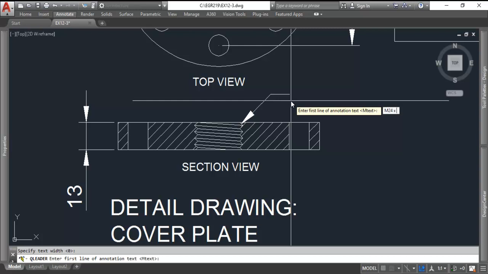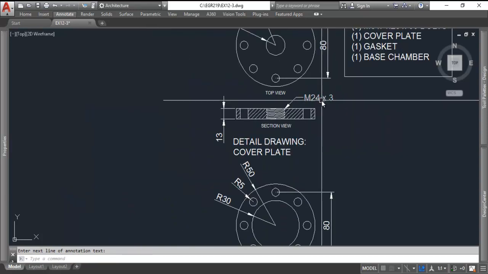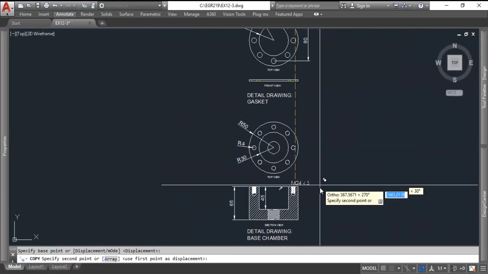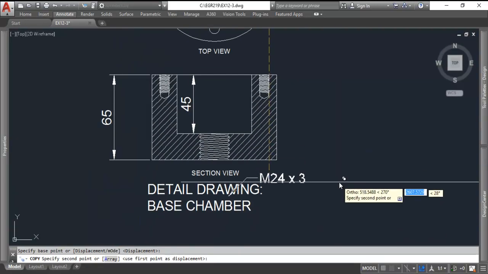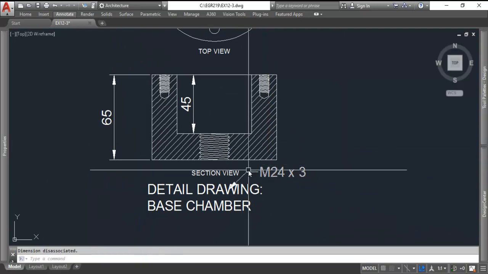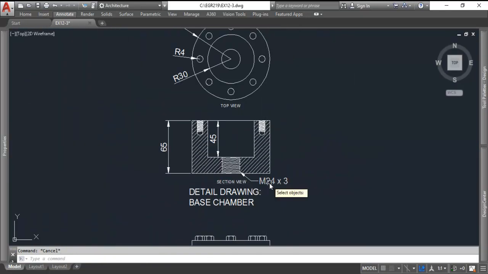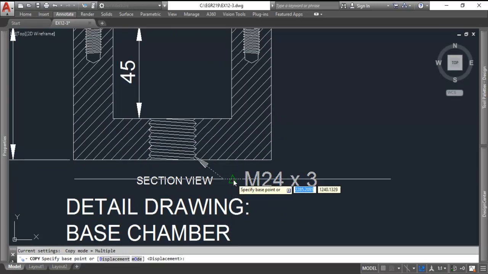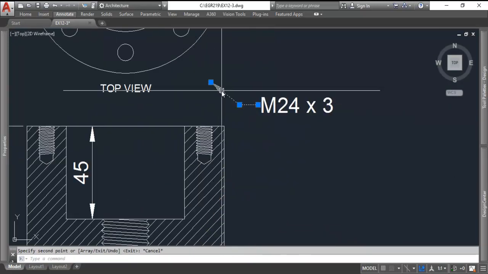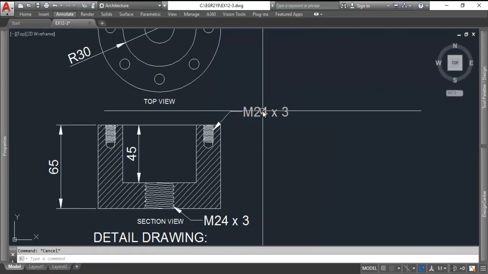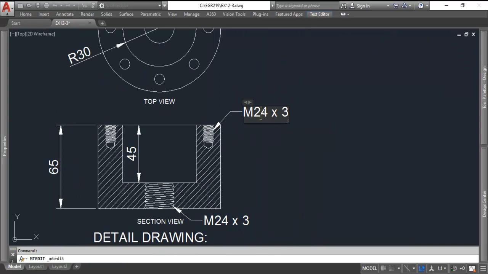M24 by 3, enter, enter, and I can then copy that all the way down to about here and use your grip points to repoint that arrow. And then we'll also need to call out these other threads along the top. So we'll just point through just like so, and those are M8 by 1.25,